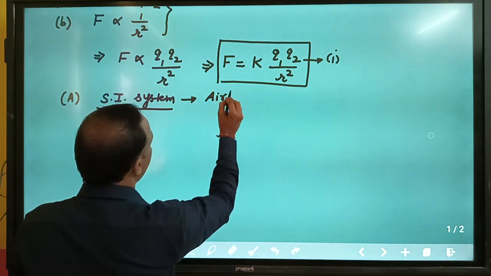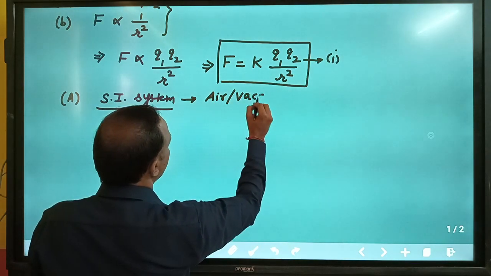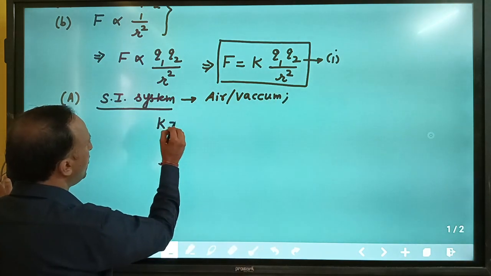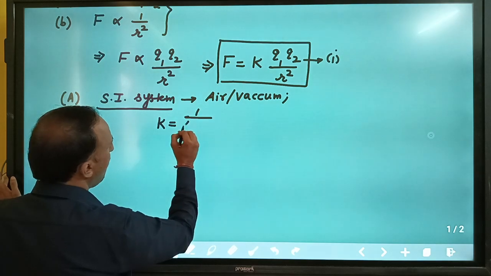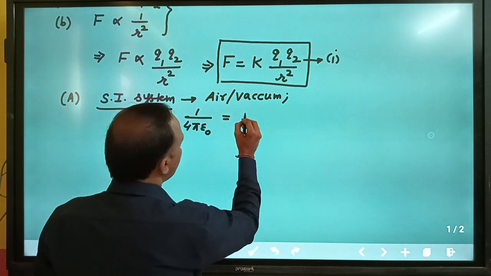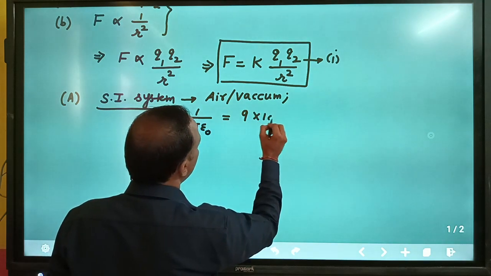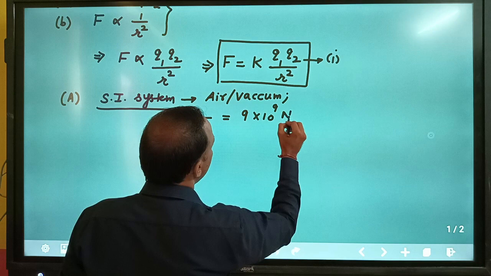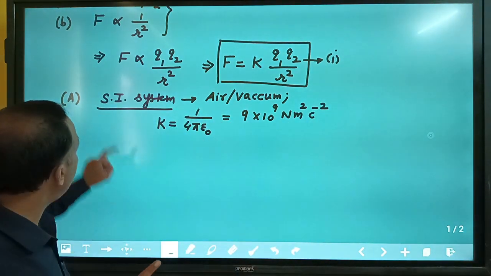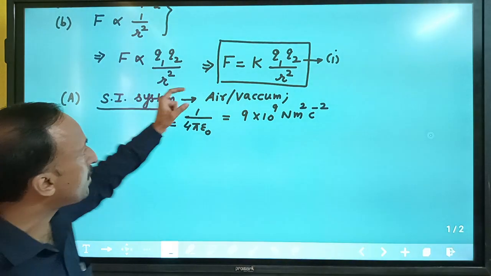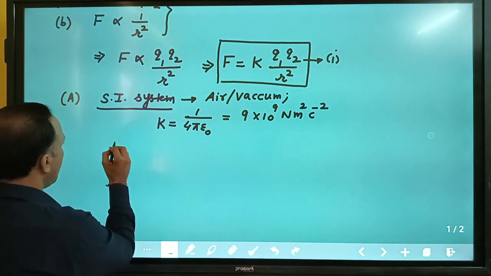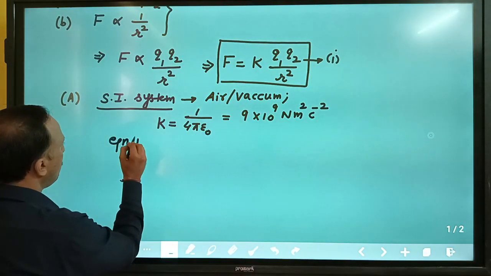So I am talking about the SI system, and the charges are either kept in air or in vacuum. What will happen to k? Then the value of this constant of proportionality k is equal to 1 upon 4 pi epsilon naught. And on solving, this value comes out to be 9 into 10 raised to power 9 Newton meter square per Coulomb square. So when I am talking about the SI system and the charges are kept either in air or in vacuum, under this condition my equation number 1 can be written as